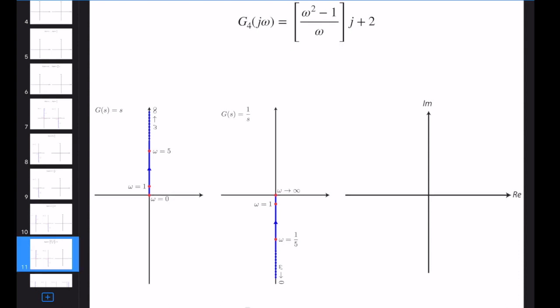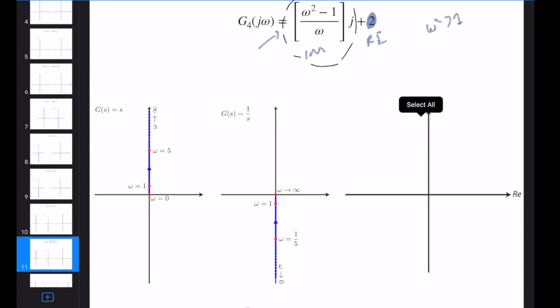This is the imaginary part, and this is the real part. The real part is always at 2. It is a shift. Let's concentrate on this part first. Let's draw it, then we can go to the real part again. If we ignore 2, we don't see it. This is always complex, right? So in the complex plane, is it positive or negative? As you can see, depending on the value of omega, it can be both positive and negative. Because if omega squared is greater than 1, it is positive. If omega squared is less than 1, it is negative.